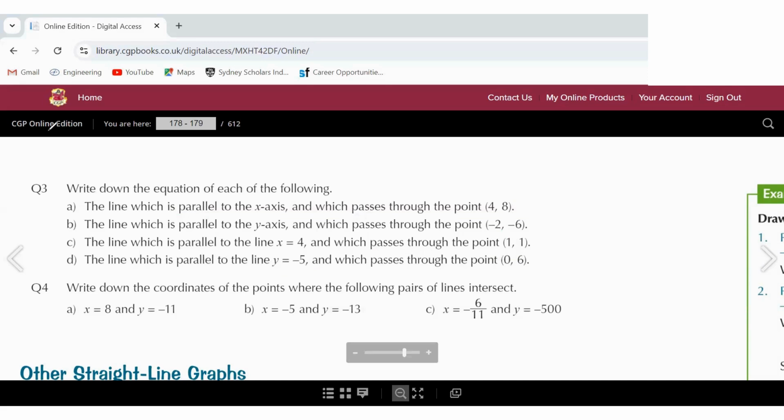Question number 4. Write down the coordinates of the points where the following pairs of lines intersect. Intersect means what, Afia? It passes, like this. Yes, the point at which they both touch, right? Okay. So you need to let me know which are those coordinates through which